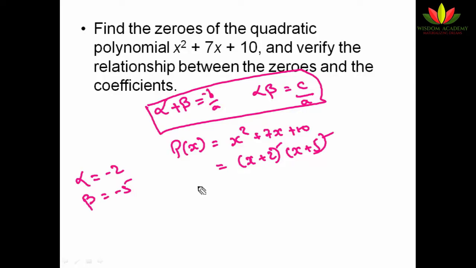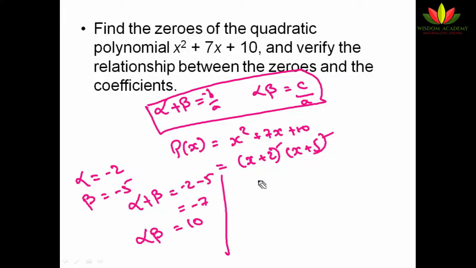So using this, first I will do it manually. That is, alpha plus beta is going to be minus 2 minus 5, which is minus 7, and alpha beta is going to be minus 2 into minus 5, that is 10. So I have these two, and next by the formula I am going to find the sum of roots or sum of zeros. Alpha plus beta is going to be minus b by a,